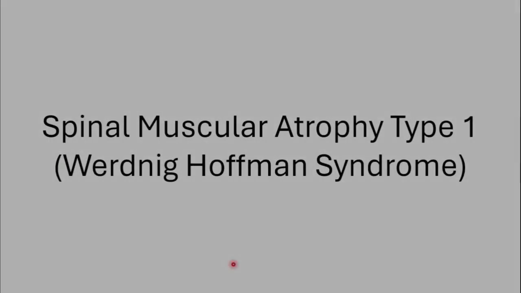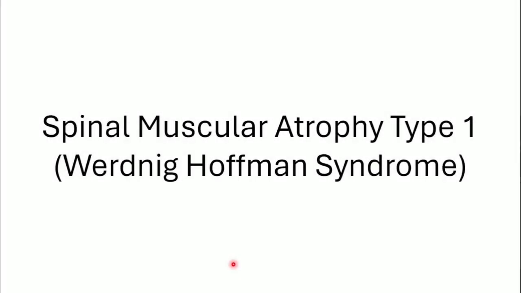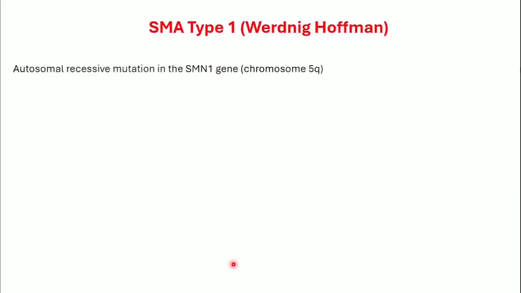So before we talk about spinal muscular atrophy, just know that we have 4 types. But the most common and severe, and the one you'll get asked about on your exam, is type 1, or the Werdnig-Hoffmann syndrome. The idea is pretty simple. Basically, there's an autosomal recessive mutation in a gene called the SMN1 gene located on chromosome 5q, or the long